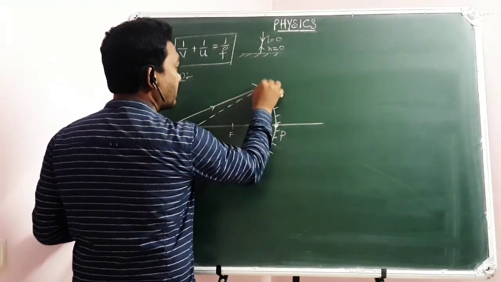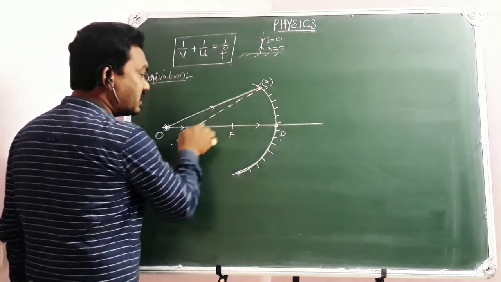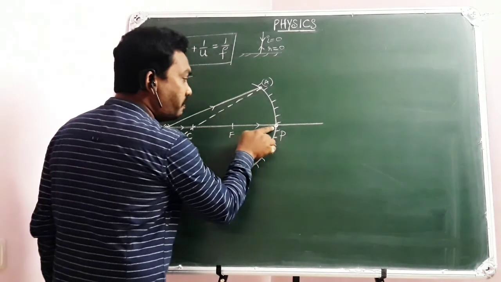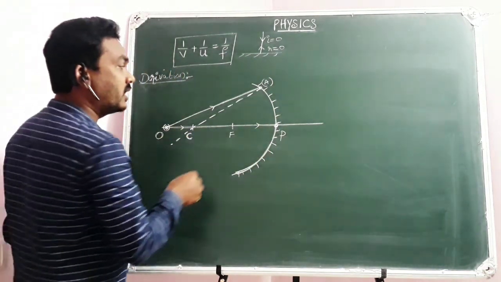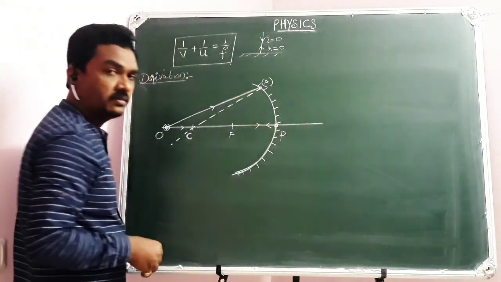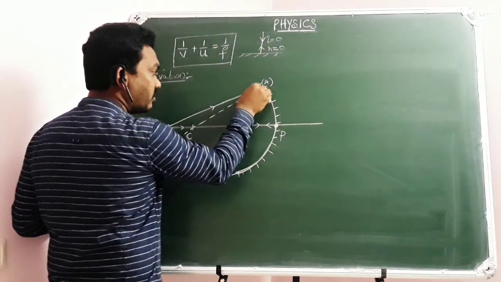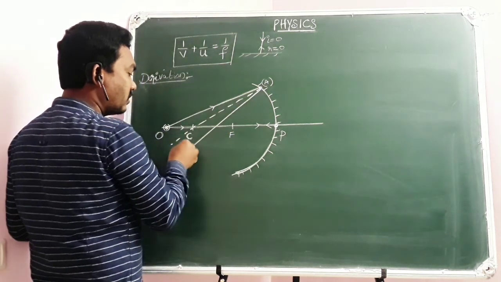Let me suppose A for some time. So at the point A, this AC will be perpendicular to the curved surface. At the point P, PC will be the radius perpendicular to the curved surface. So that is the reason why this reflected light ray will retrace its path. So another reflected light ray is here. Another reflected light ray is here.